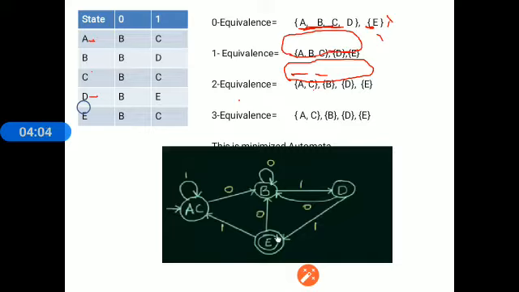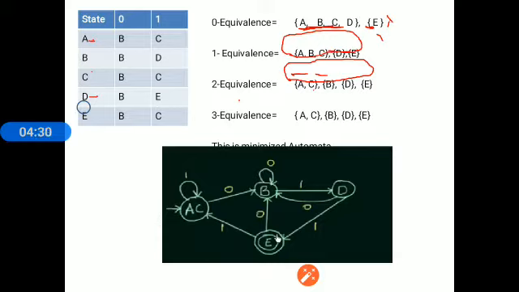How to calculate two equivalence? Now the given set of groups is one equivalence. You have to refer to one equivalence now. Let us check whether A, B, C are now equivalent. Now for A and B: for 0 it is B, B, and for 1 it is C, D. B belongs to the same group, but C belongs to one group and D belongs to another group. So we can say that A and B cannot be combined together.